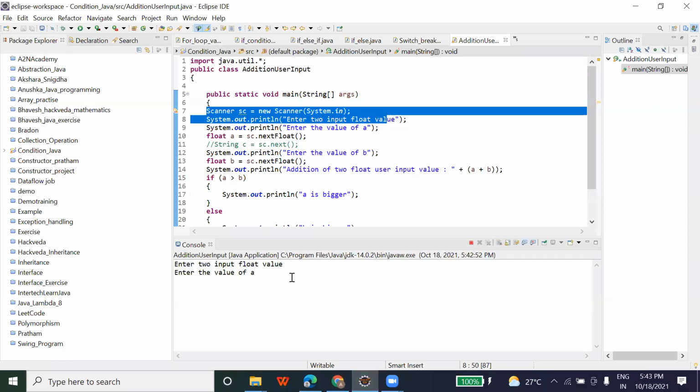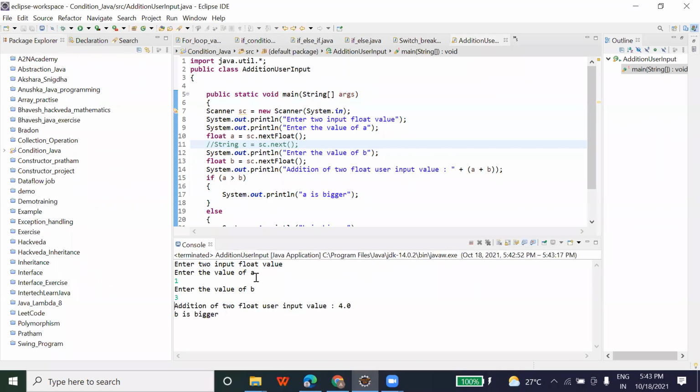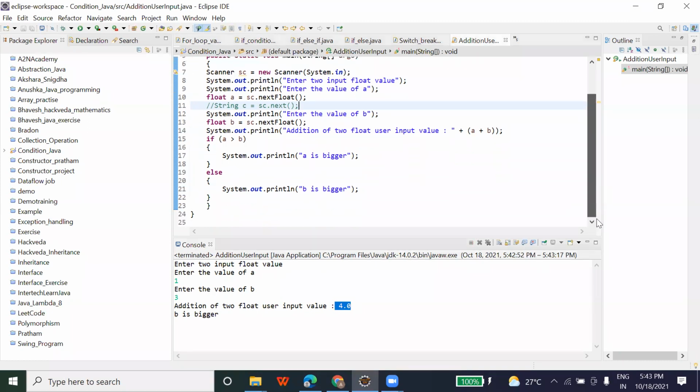So you can see here, I am asking the user to enter the value of A. This program is accepting the values of A and B, and it is going to do the addition based on what the user enters. For example, here I am entering 1, then I'm entering the value 3, and I press enter. So it is giving me addition 4, and then it is going to check whichever number is greater, either 1 or 3. So based on that, it gives you this. I think those who have not joined the previous session might have a doubt on this.